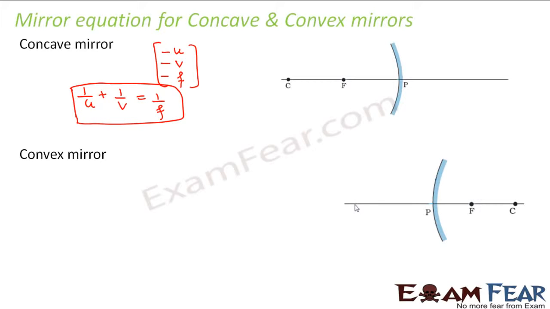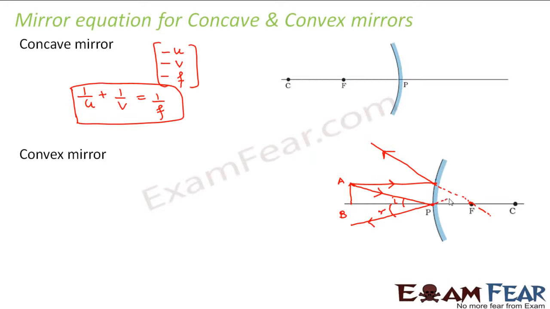Now in case of a convex mirror, let us suppose we have an object AB here. A ray of light which is parallel to the principal axis, when it falls on the mirror, gets diverged. But if you join it backwards, it looks as if it is appearing through, as if it is passing through the principal focus. Again, another rule says that a ray of light which falls obliquely at the pole goes back obliquely. So this reflected ray is in this direction.